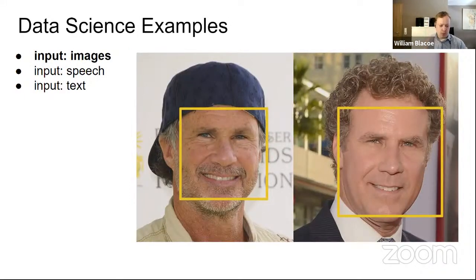Let's look at some obvious examples of data science. So this is facial recognition. For us, it might be really easy to see that this is the same person, but for a computer, it's not simple at all because the face is in a slightly different position. So we don't easily know which pixels to compare in these two pictures. There's a cap instead of hair, and there's a beard and there's no beard. There's slightly different color to the skin. And one you see freckles and the others you don't.